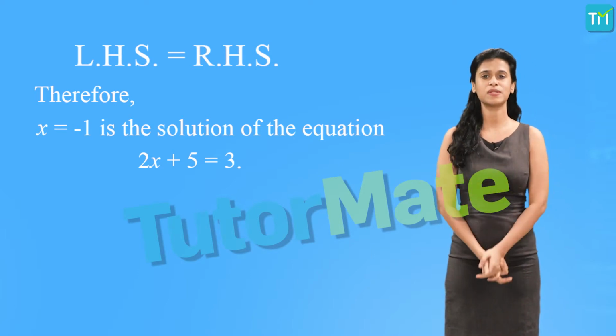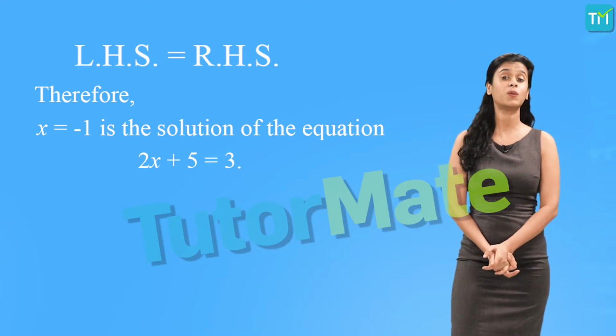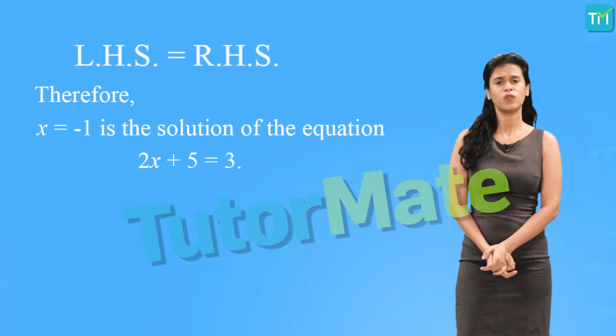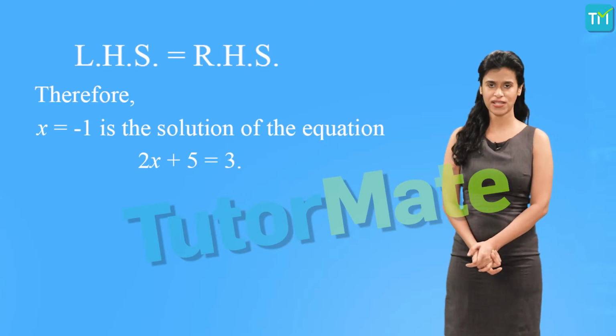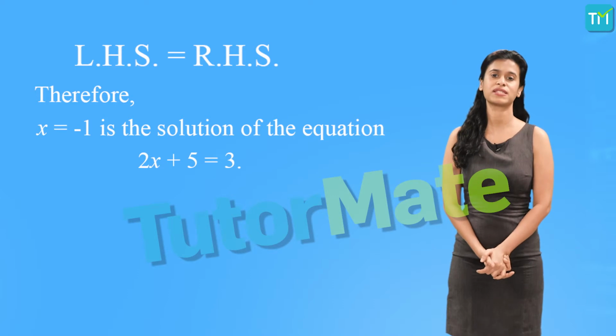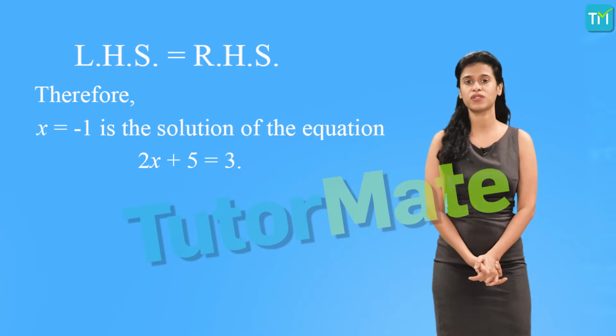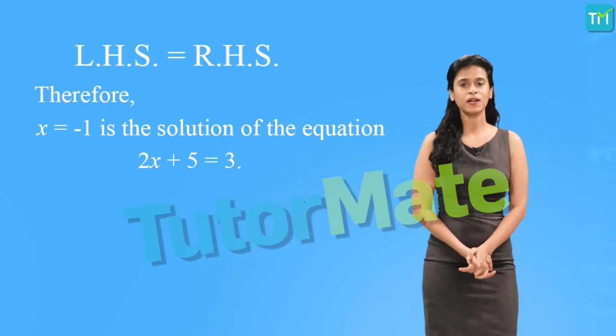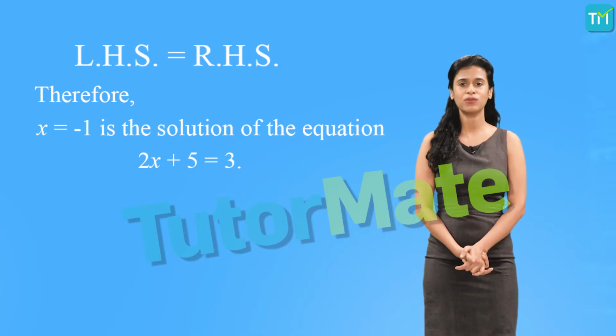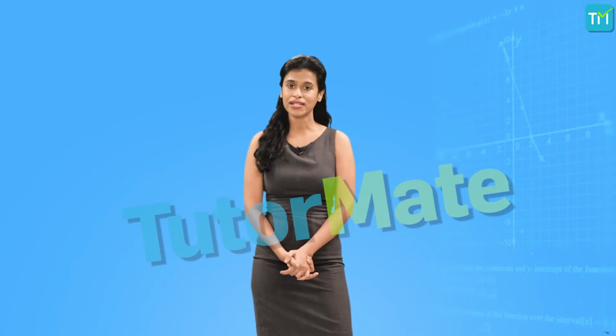In general terms, we can say that whenever we have a value of x for which LHS is equal to RHS, that value of x becomes a solution of the given equation. Here we simply put a random value and got the solution, but that won't work all the time. We can't keep putting values until we get the right one, because x can practically have any value and there are infinite numbers in math.